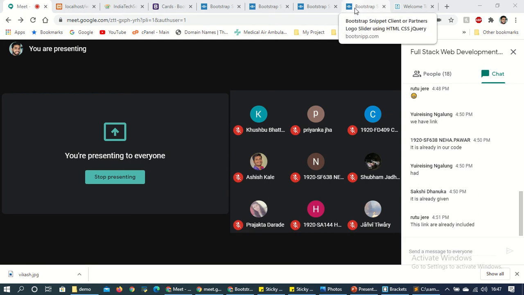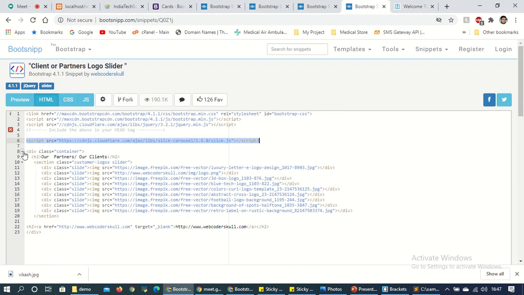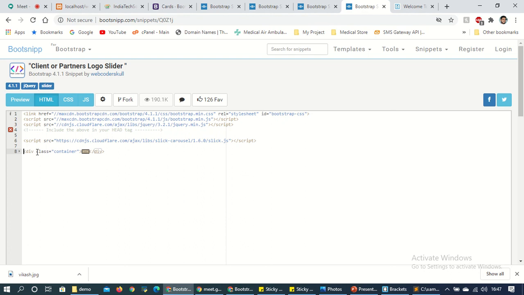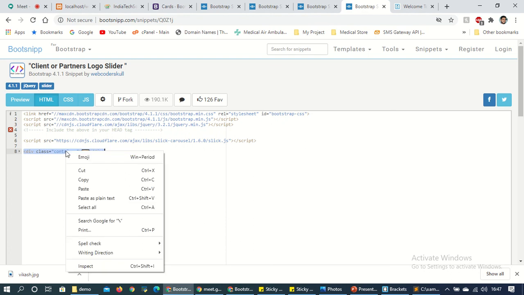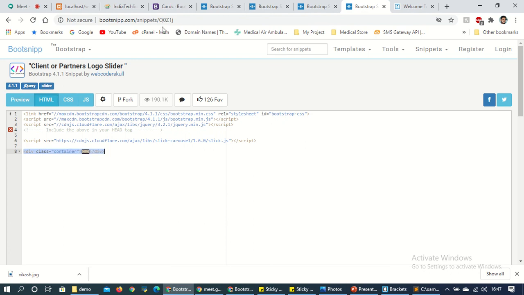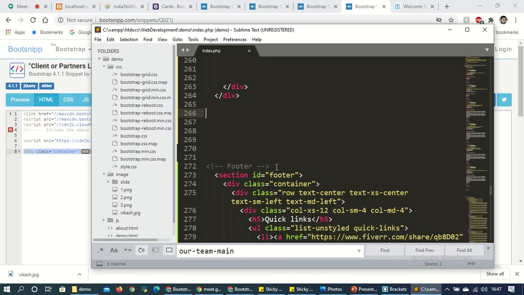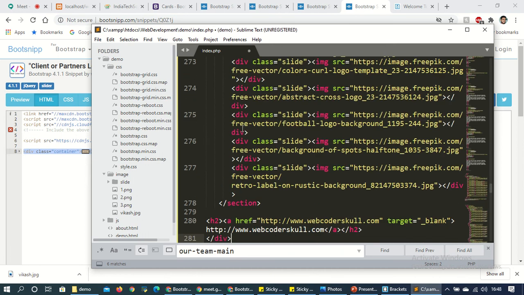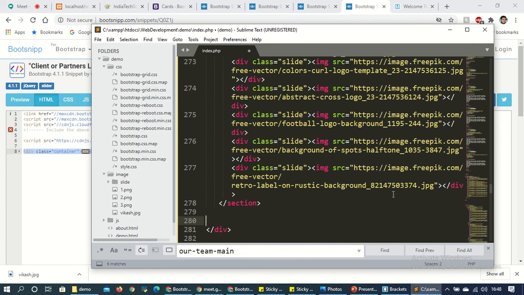So now I'll copy this div. Okay, all the code is given in this div. Just copy, and now here I'll paste. Okay, and this I don't want, so just remove it. And what is this for? So suppose that we have a client.